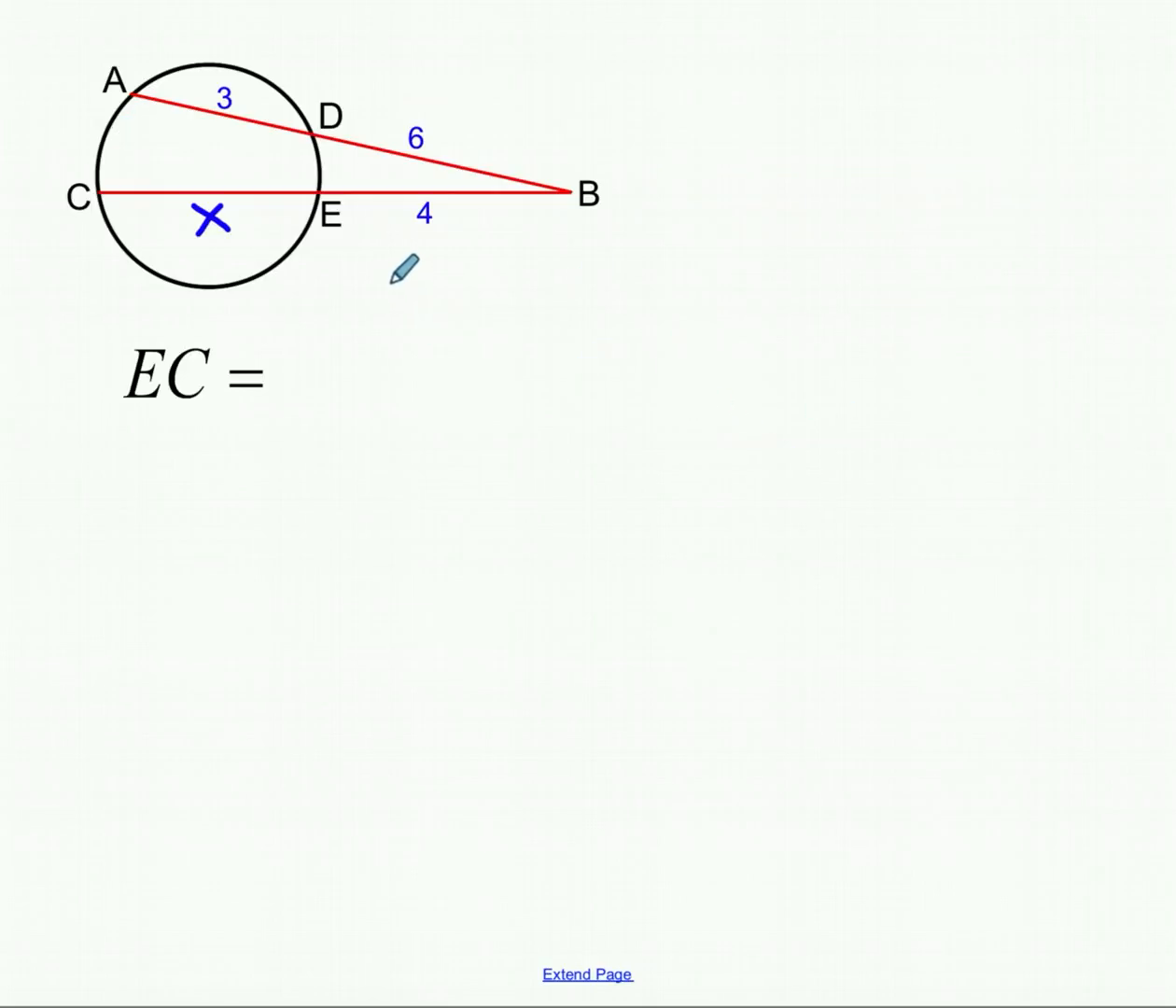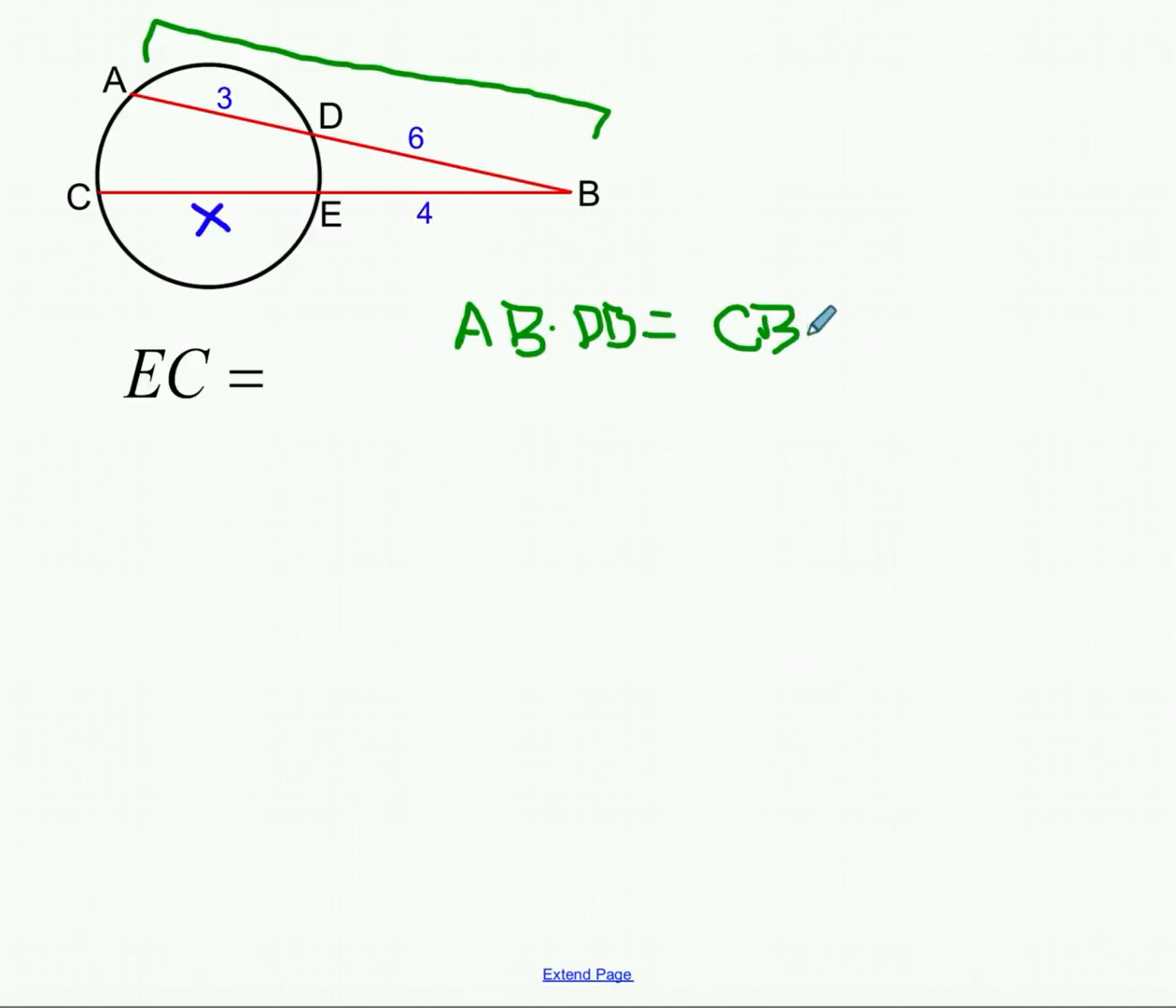So if you remember, we need to take the length of the whole segment and multiply it by its external segment. Let's just start with AB. What is the length of the entire secant segment from A to B? That's going to be 3 plus 6. So AB is 9. So if we're going to do AB times DB, which is what we wrote in this theorem, equals CB times EB, well, AB is 9, DB is 6,